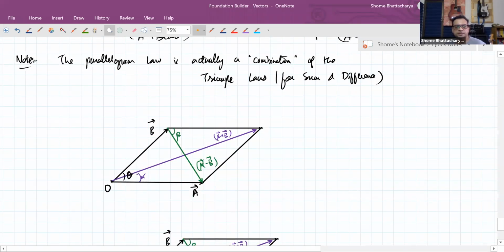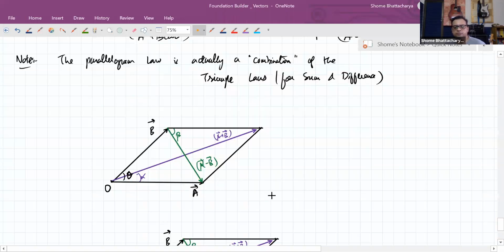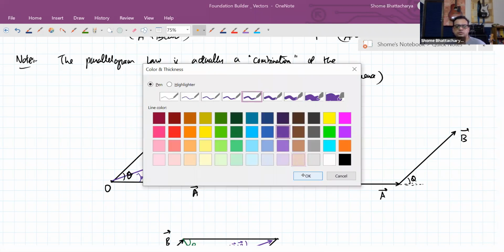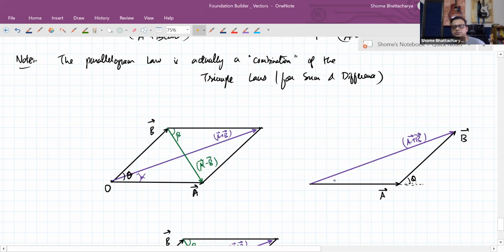So if you were to just compare this diagram alone with the triangle that you would construct for the sum of the two vectors. For the sum you would construct the vectors in this manner. This angle is theta. And then our sum would become this third side of the triangle. And the angle that the sum makes would become this angle here.